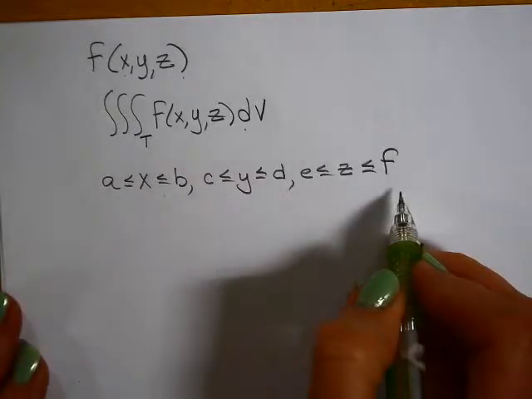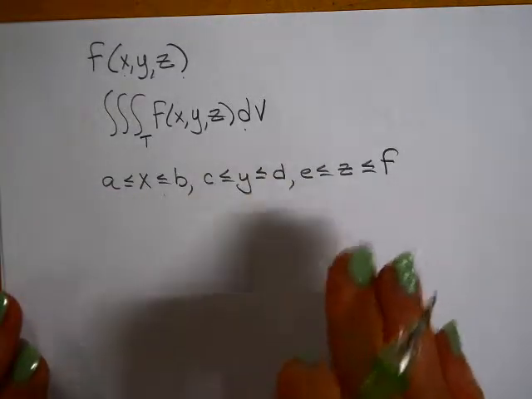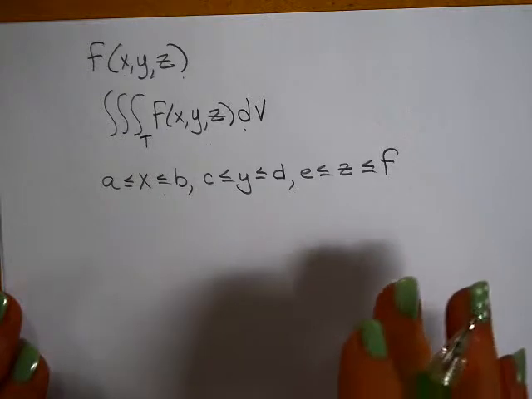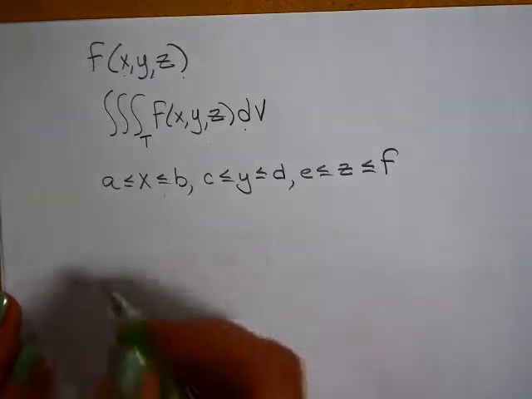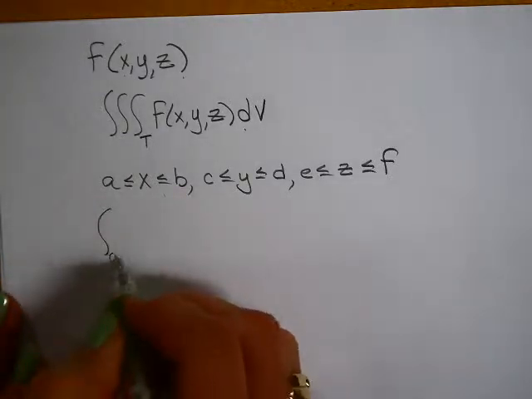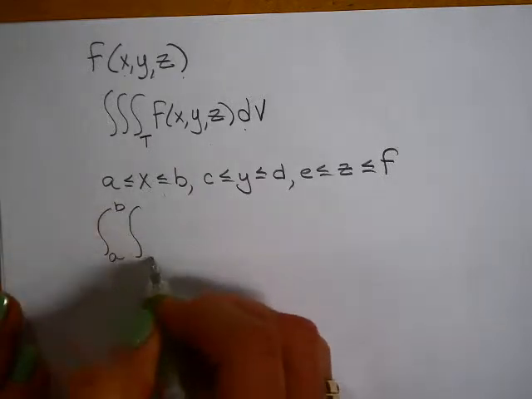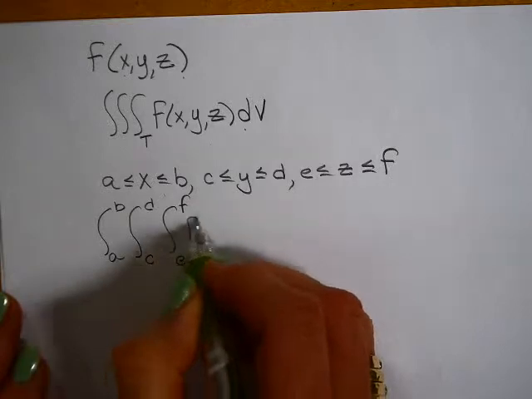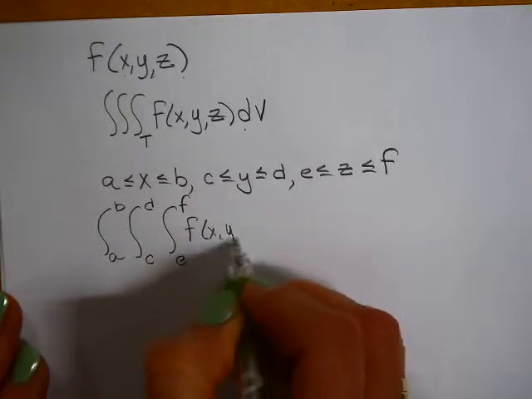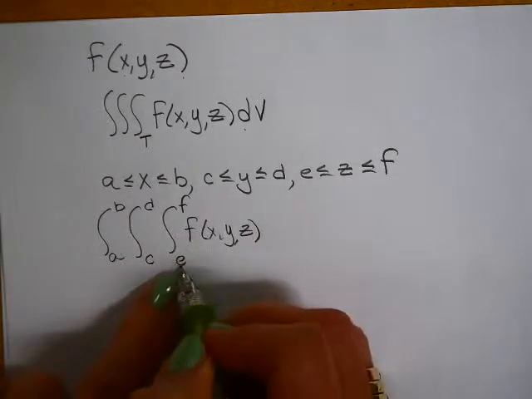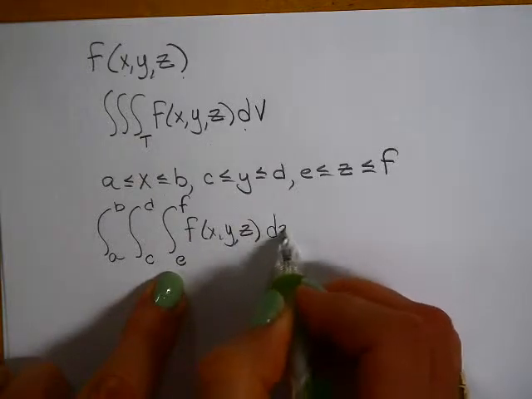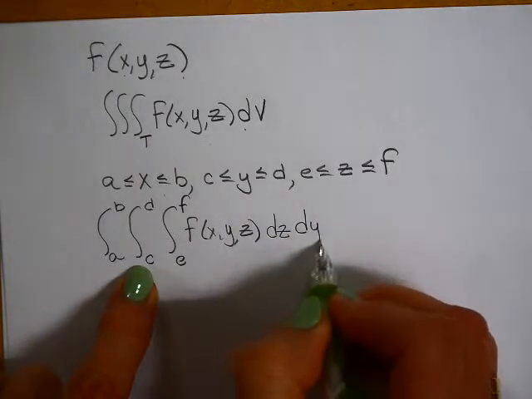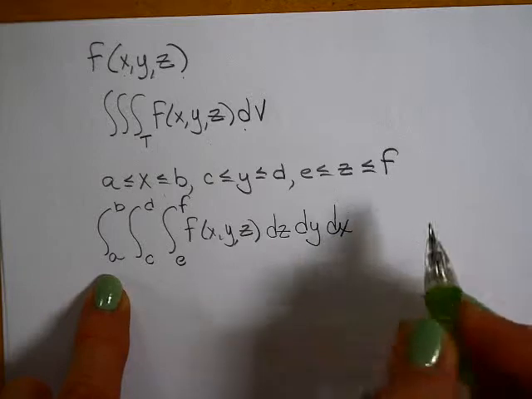As long as these are all constants, you can set the method of integration up as an iterated integral any way you want to. So you could do A to B, C to D, E to F, your function x, y, z, and then this would be dz, this would be dy, and this would be dx, the way I've got it